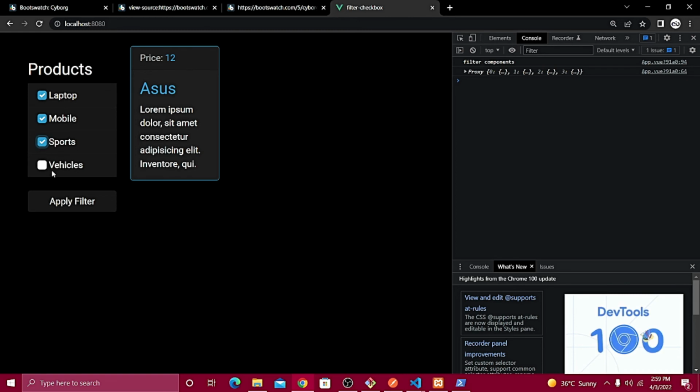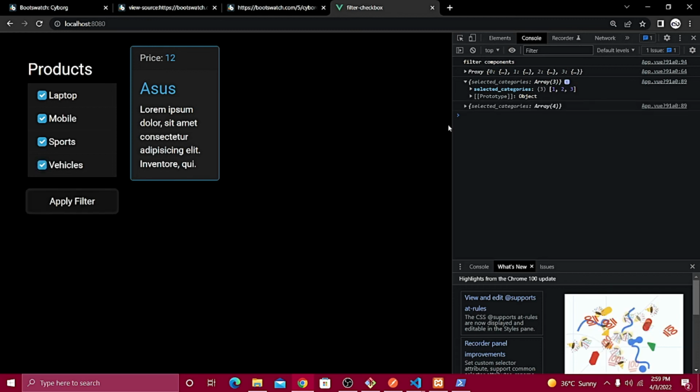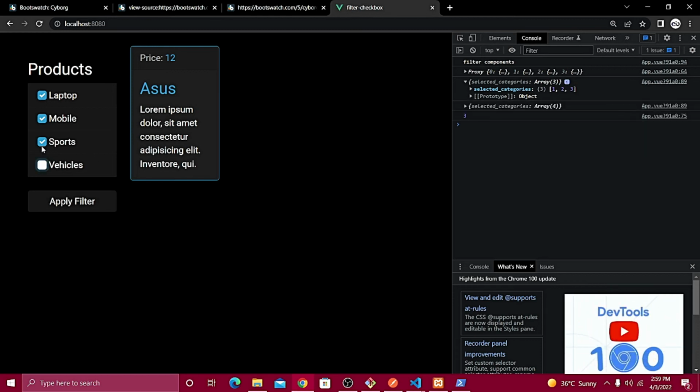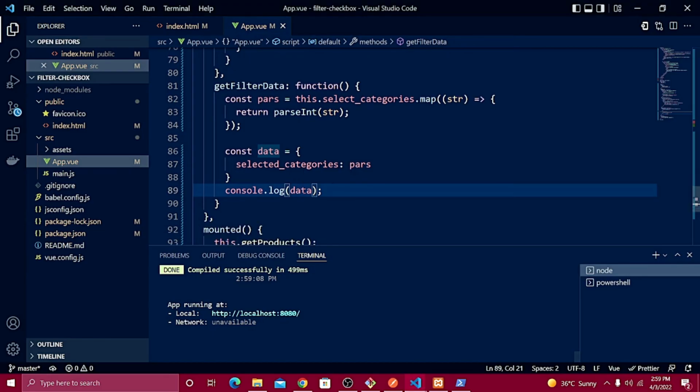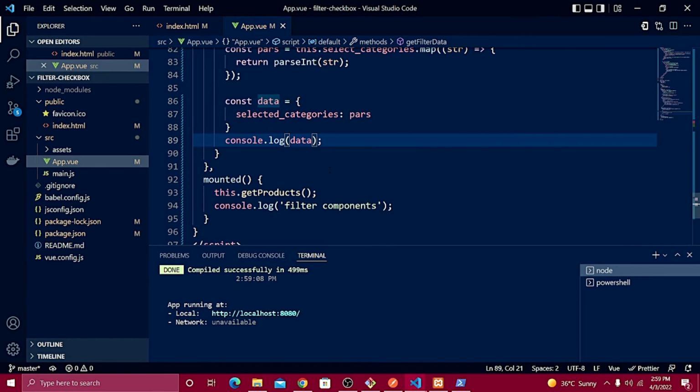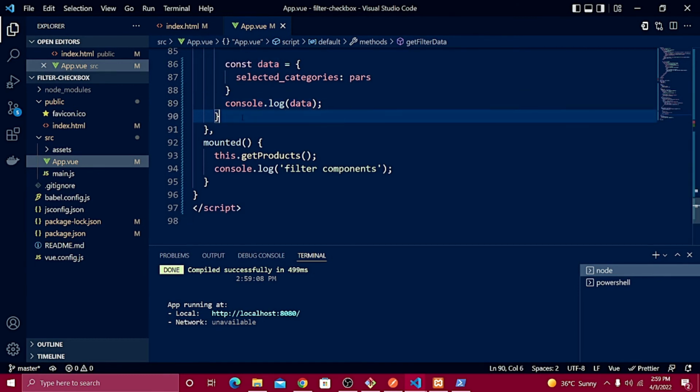So if I check 3 of the products and click here, you see now the selected categories are 1, 2, 3. If I click the 4th one, now the array is 4. So let's uncheck 2 of them, and now we have only 2. So we are getting the result that we needed, right? So right after that console.log, or after the data,